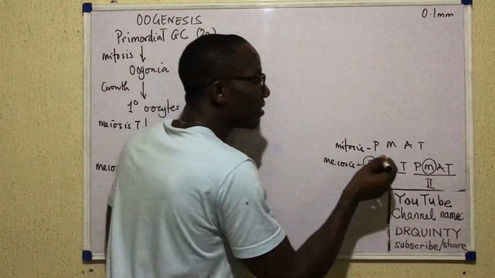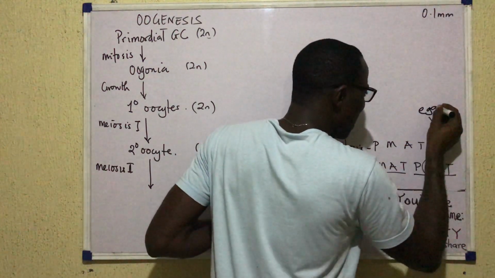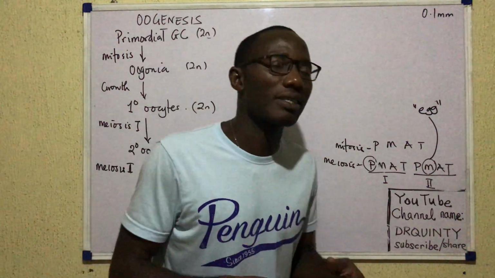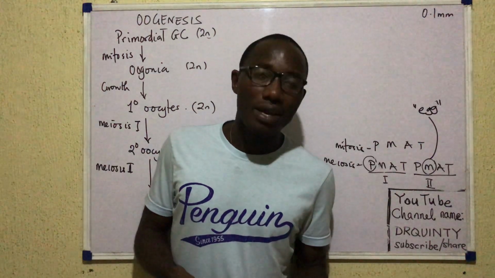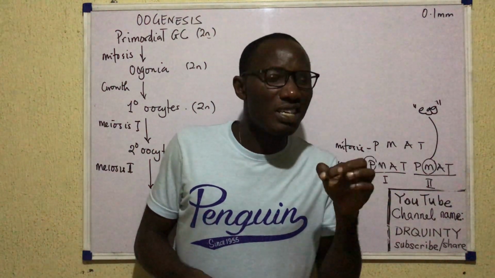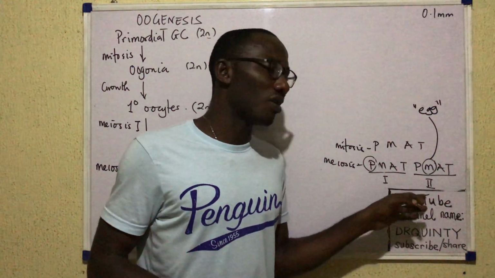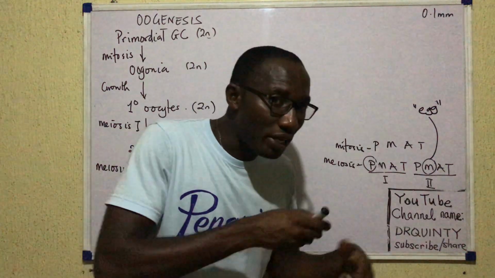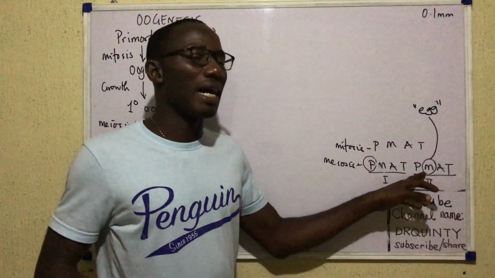So it is at this stage that the egg is released. When we talk about the release of an egg, they say, oh, a woman has carried out ovulation. A woman has released an egg. That egg she is releasing is actually not a mature egg. Instead, what she is releasing is a secondary oocyte on its way to becoming a mature egg, but paused at